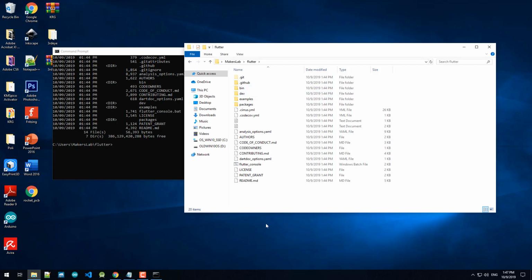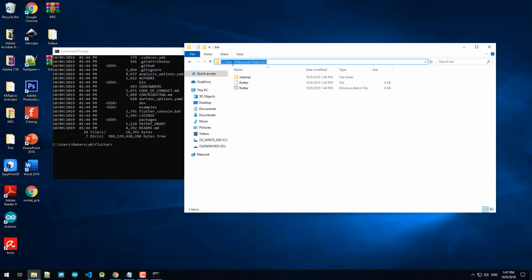There's a bunch of files here. The most important is inside this folder, bin. This is a very important folder which contains the Flutter binary. So we're going to copy this, and then the next step from here,